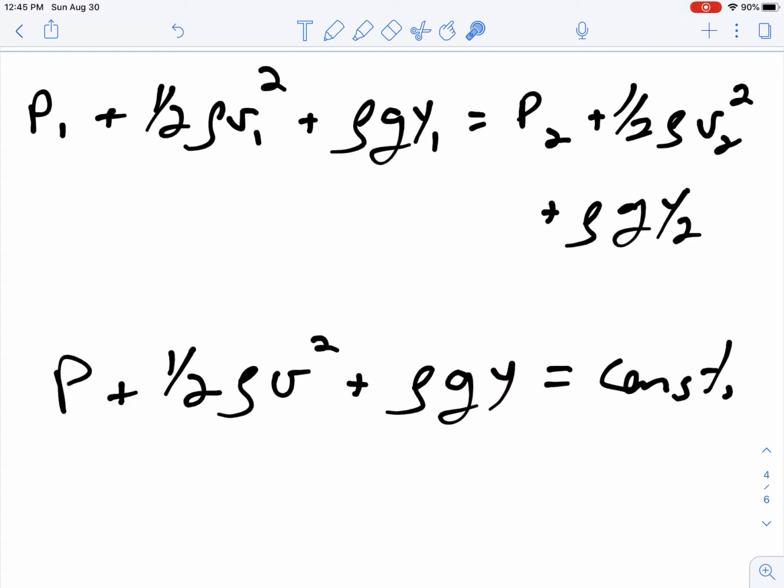Any of these terms can change. However, the sum total of all of those terms remains constant. When I have fluid flowing in a pipe that experiences different sizes in diameter and changes in elevation, it will always be the case that the pressure, the kinetic energy, and the volume average potential energy sum together to remain constant. This is Bernoulli's equation. The next thing we have to do is work a couple of problems, and we'll